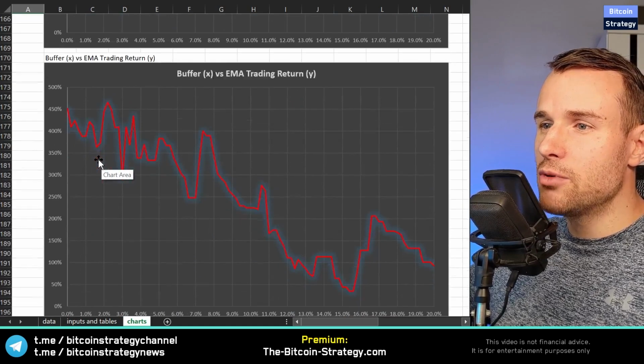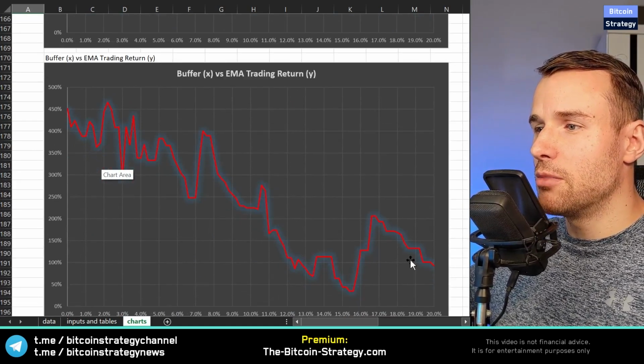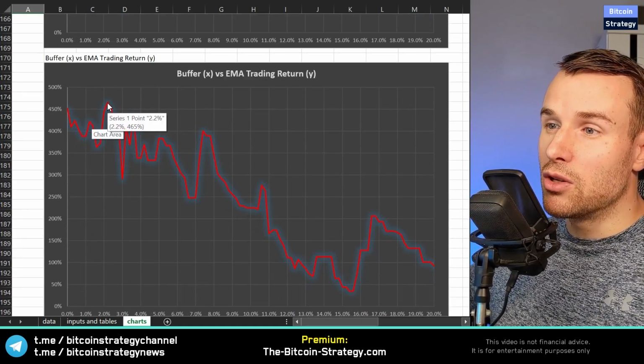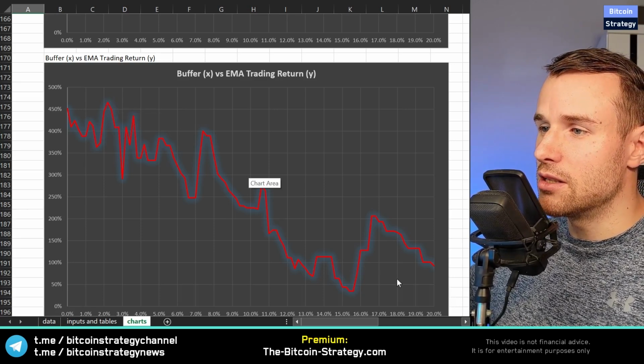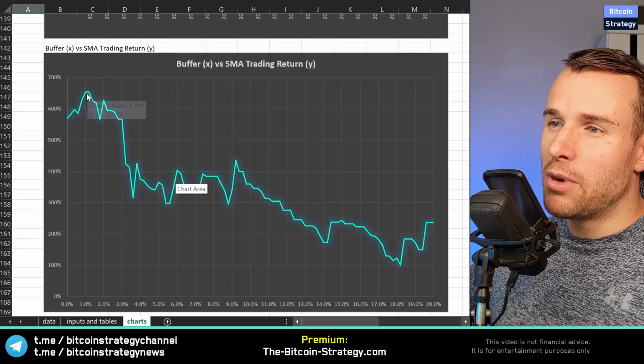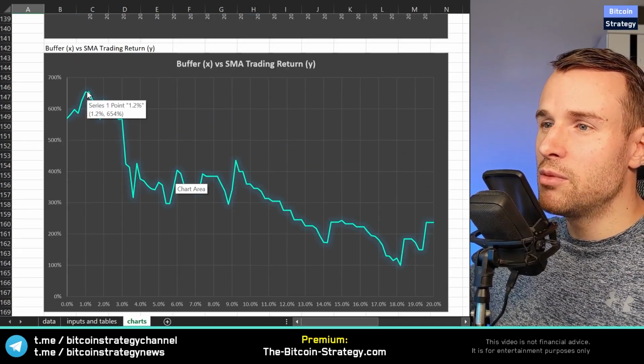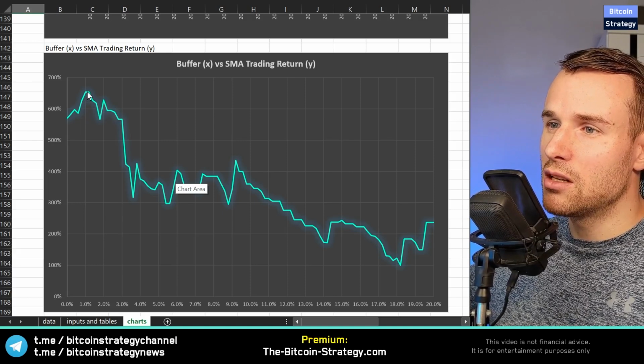When we look at the exponential moving average, the buffer pretty much doesn't work, right? So maybe we could take 2.2%, but I think this is rather random fluctuation, right? We see this fluctuating somewhat. So I think a buffer actually really only makes sense with the simple moving average, and that's around 1%, maybe